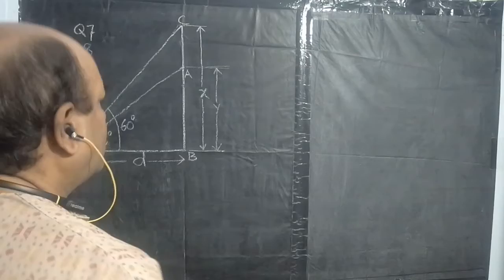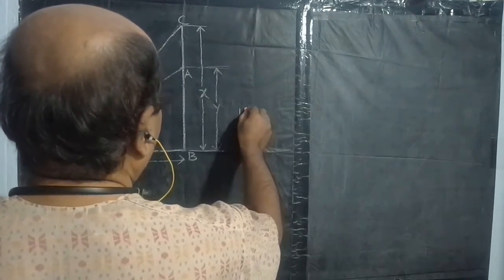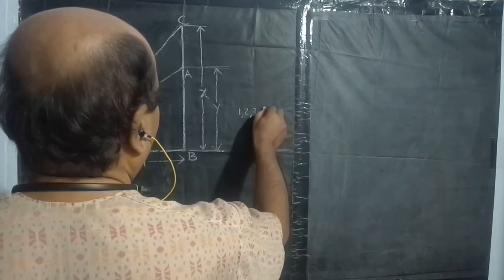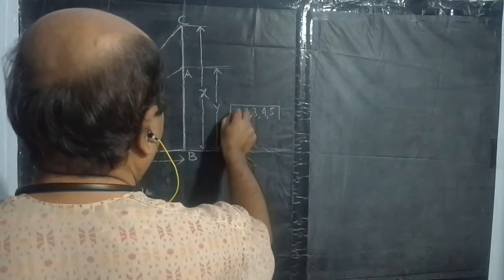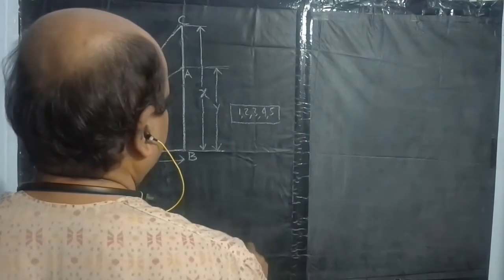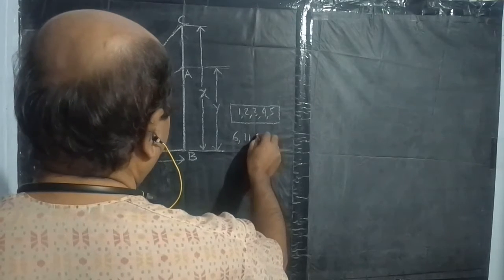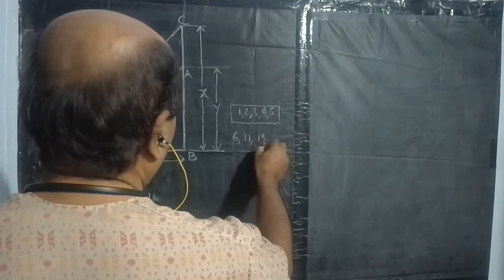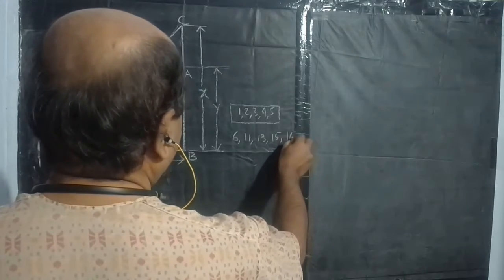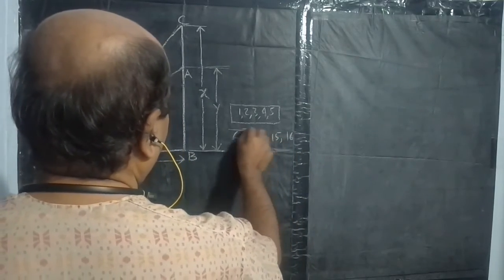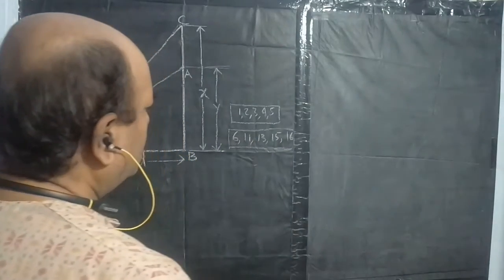In the first video, the problems were 1, 2, 3, 4, and 5. All the 5 questions of your NCERT textbook were of the first type. In the second video, I discussed 10, 11, 13, 15, and 16. These all 5 were the second type, which was discussed in the first part.